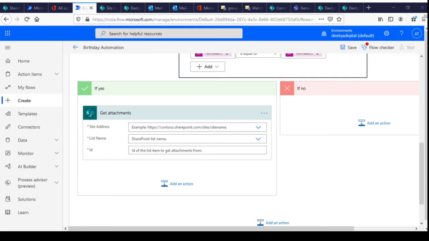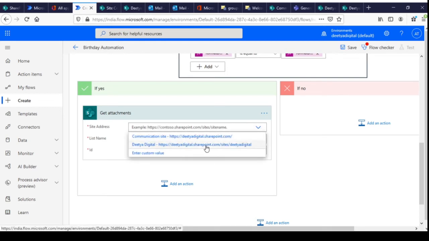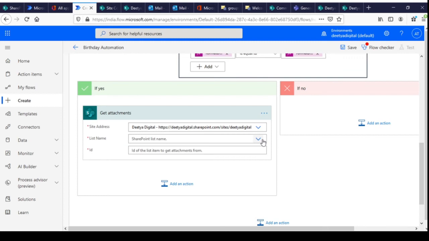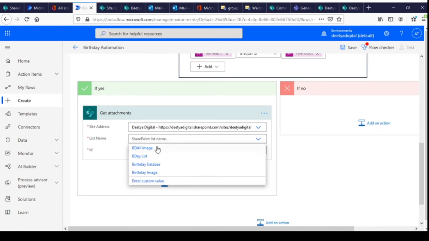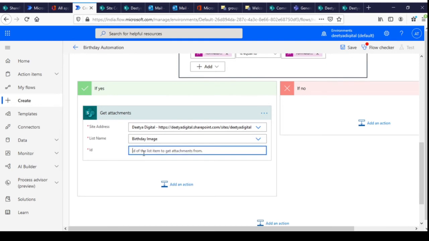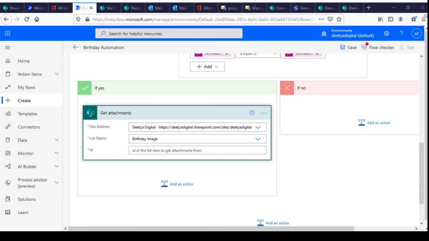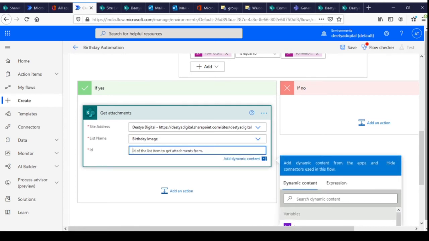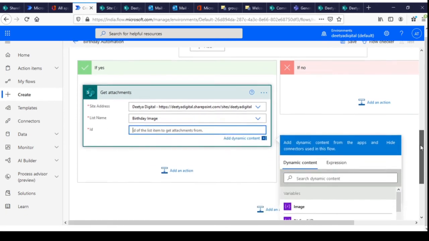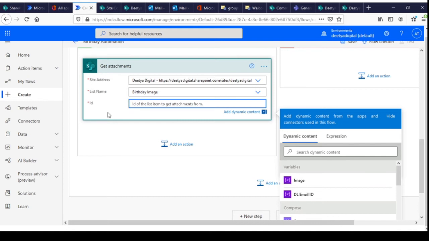Select your SharePoint site where your image list is, we have the birthday image list. Now, what should be the id?